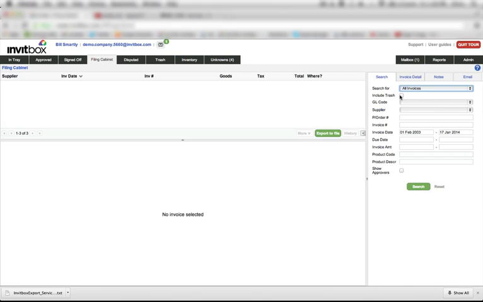Through all these different drill down options, you can find any invoice over a number of years in a matter of seconds. So the first option we have is to include trash. So if you do want to try and find something, you can't see it within any of your tabs, you could include trash. You may find that it's within the trash. Important to note that Invitbox holds invoices for 30 days after they've been trashed, at which stage they will be